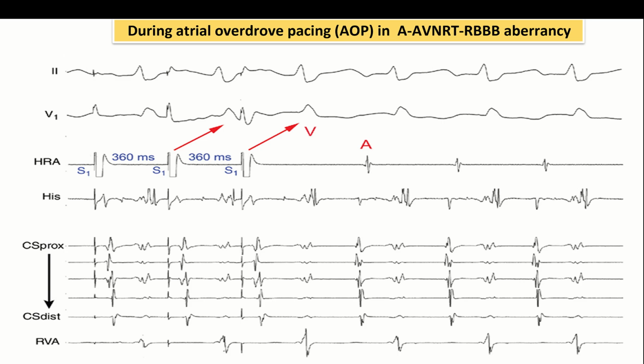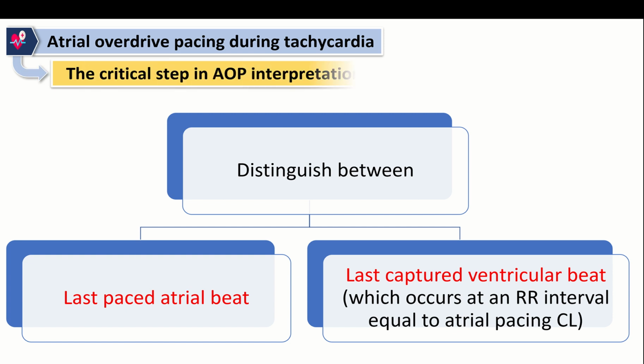We can appreciate QRS complex morphology almost the same, tachycardia and the pacing, and the HV interval almost the same. It's an amazing illustration of SVT with aberrancy and how atrial overdrive pacing is beneficial to confirm. Golden rule in atrial overdrive pacing, the critical step: you should distinguish between the last paced atrial beat and the last captured ventricular beat, which will have RR interval equal to the atrial pacing cycle length, to rule out pseudo AVVA